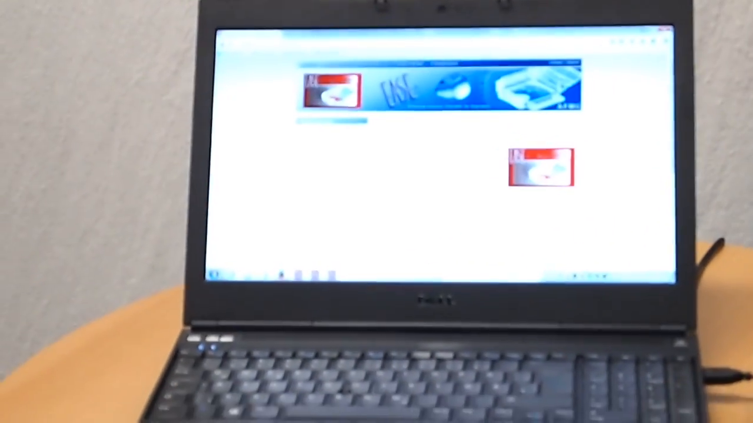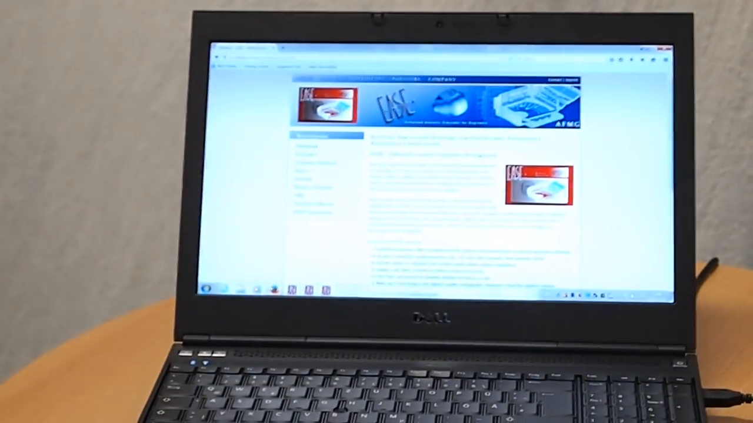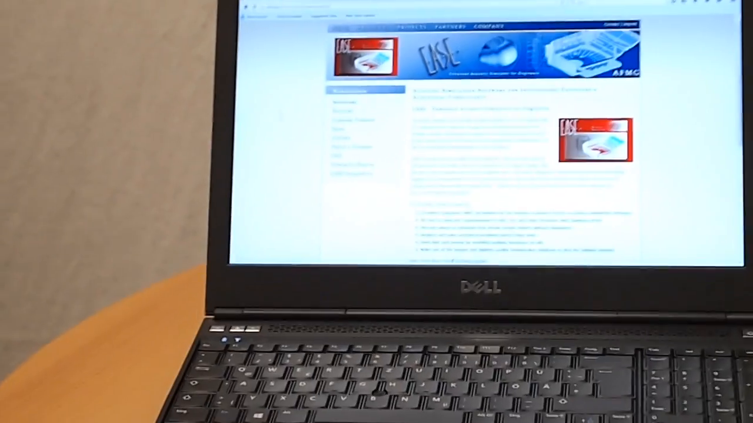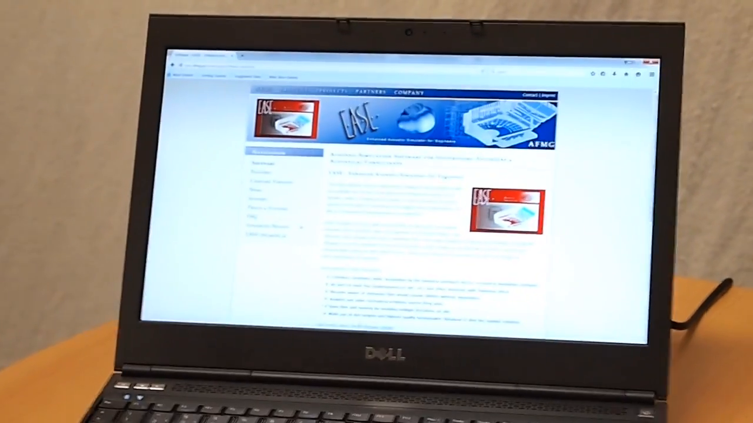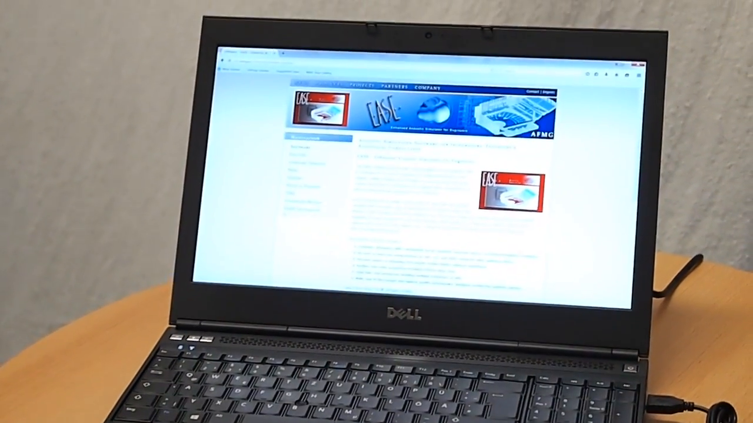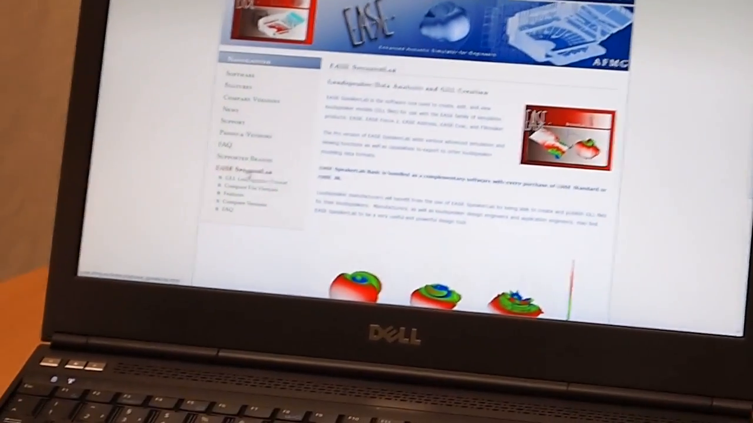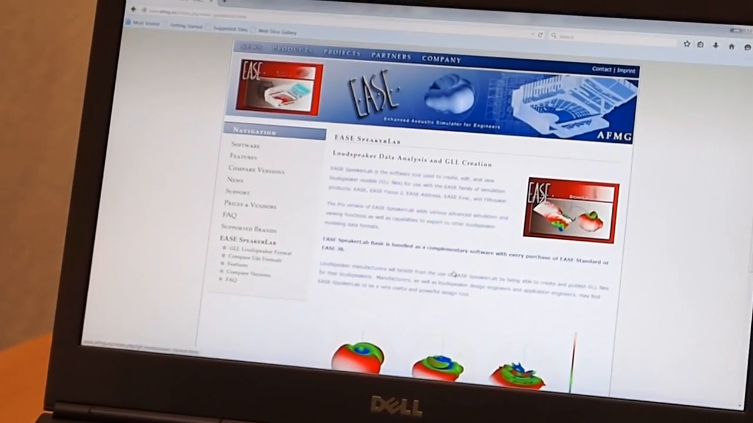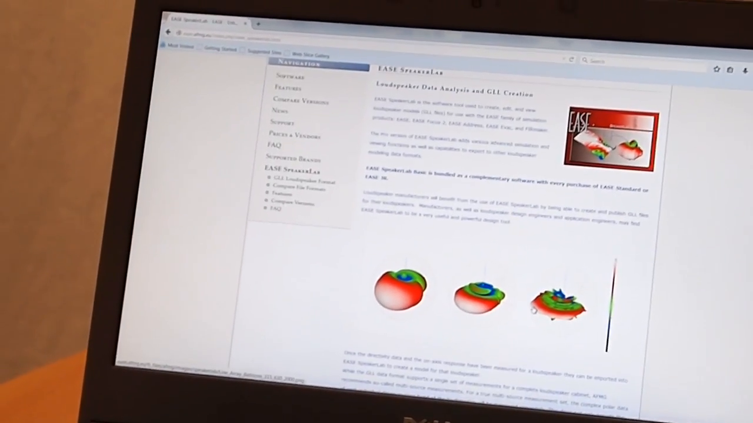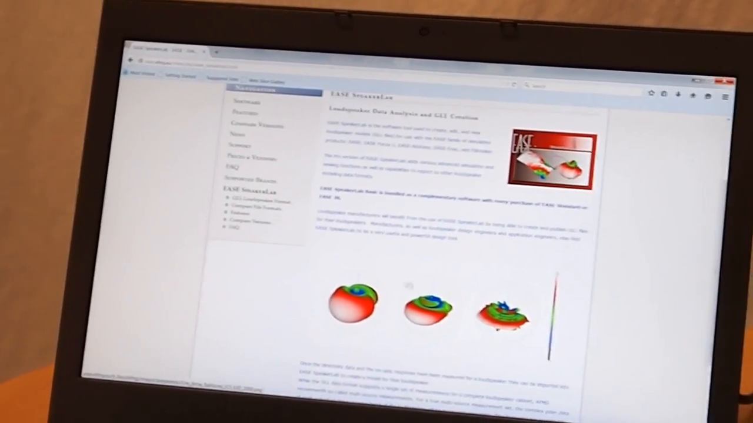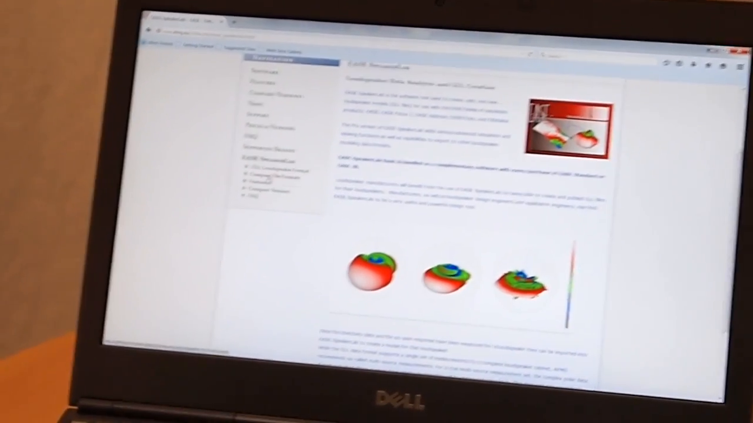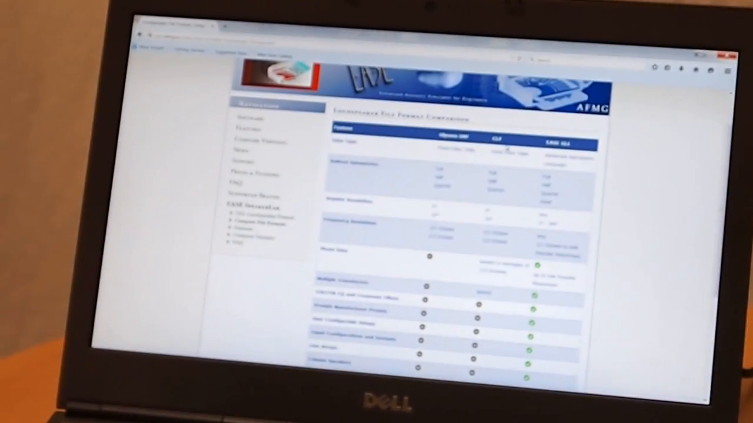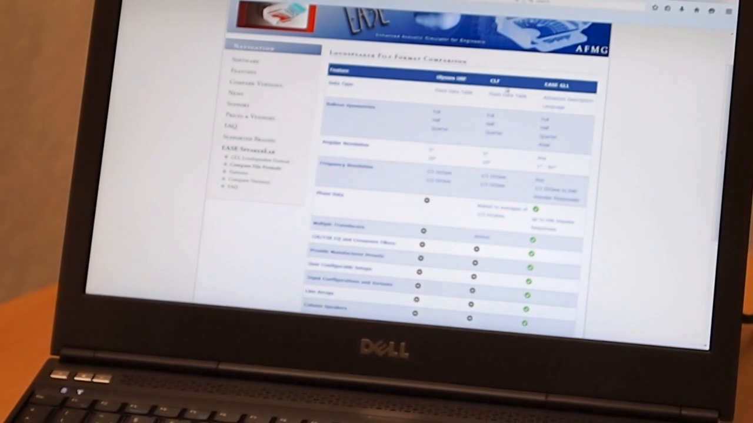This is the EASE website that we have here. You can find that online, of course, under ease.afmg.eu. And we have a section down here for EASE Speaker Lab, which refers to the loudspeaker data. And if I switch over here, we have a brief description. You see different balloon data types here. But what I'm mostly interested in is this comparison of the different loudspeaker formats which are available on